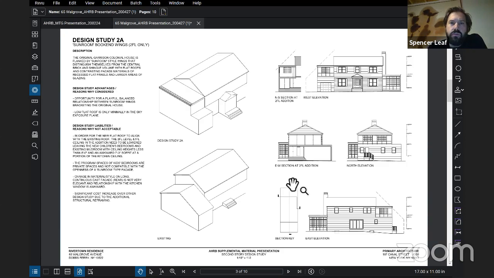Design study 2 was essentially recommended to us at our first AHRB meeting as something the board thought we should study, particularly how a sort of sunroom-like volume could be the addition over the garage. We looked at this 2 ways. There's a design study 2A and a 2B. I think on its face, it seemed like there was some promising opportunities here. It did help reduce the amount of volume in the sky exposure plane. However, we had some